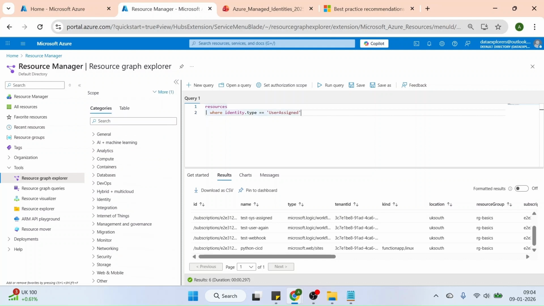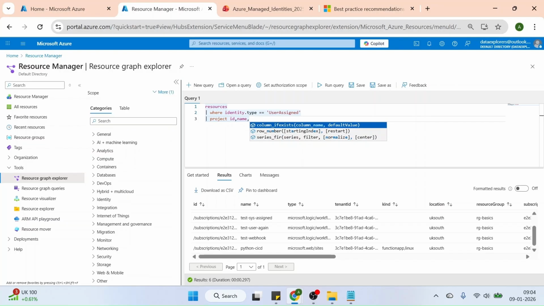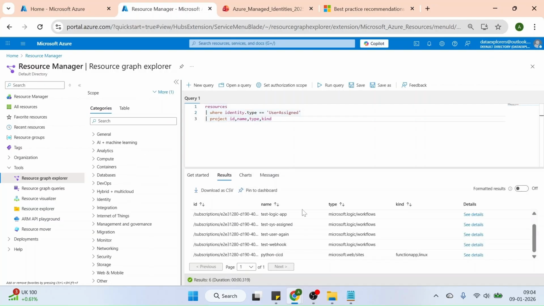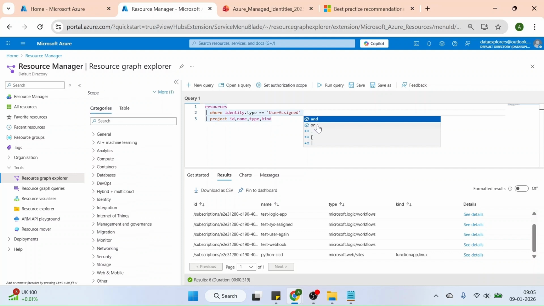Now, if you want to select a few columns, you can again give project. Enter. What columns do you want? ID, name, type, kind. So if I again run, now it will give you the selected column list, as you can see. Now you can give a logical condition, like I can write an all condition again, and then I can list both the